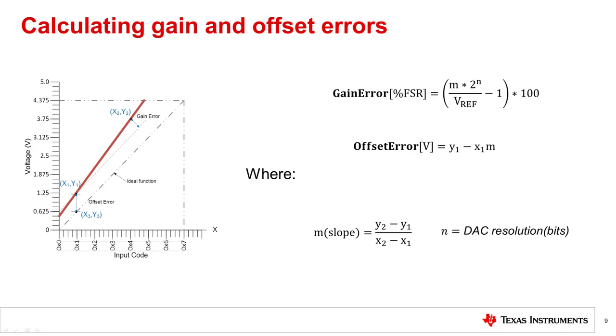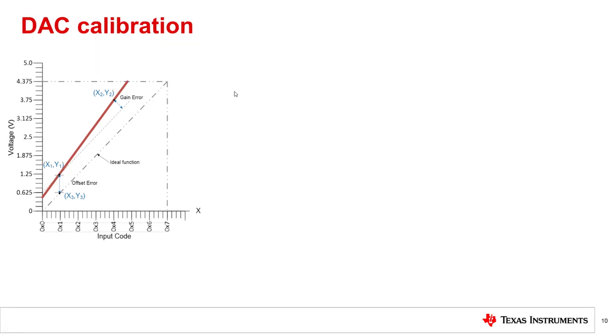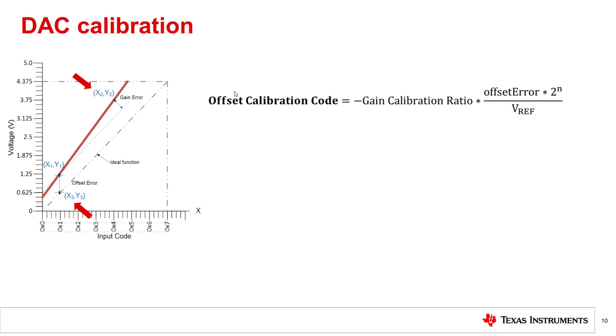Next, we will discuss actual calibration of a DAC. The easiest way to do calibration of a DAC is by using a two-point approach, as follows. Take the points on either end of the linear region of the output function, where the offset calibration code is the difference between the measured and ideal Y values at the low code, while the gain calibration ratio is calculated from the slope of the measured line. Finally, you can put these two calculations into the new code equation to get the adjusted code value that should be used.